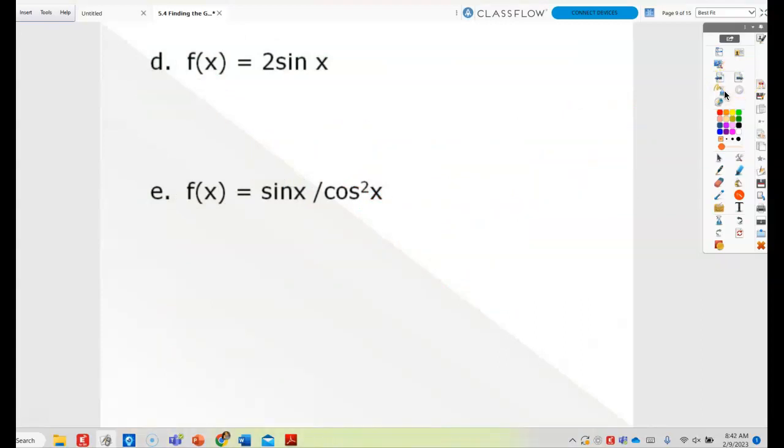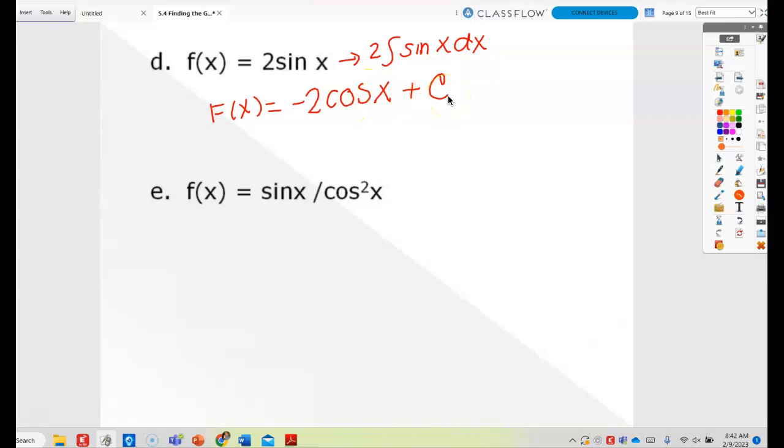Okay? The antiderivative of sine is cosine. However, the derivative of cosine became negative sine. So if you integrate sine, you get negative cosine. It's kind of like thinking of that 2 out in front again. So it doesn't mean a whole lot when you antiderive. So you get capital F of x equals negative 2 cosine x